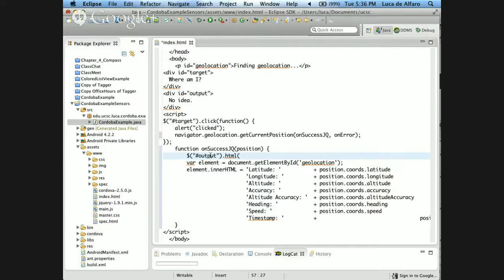Let's make it very simple: lat plus position.latitude plus long plus position.longitude.